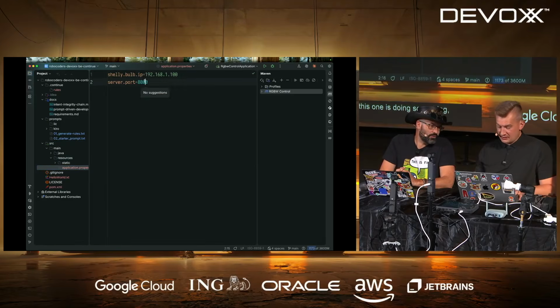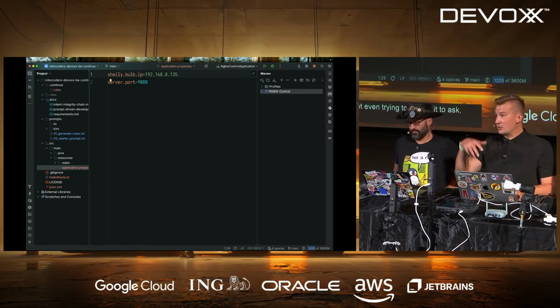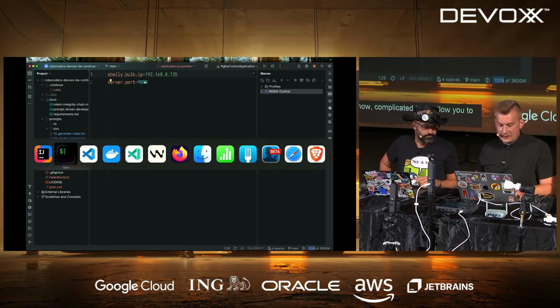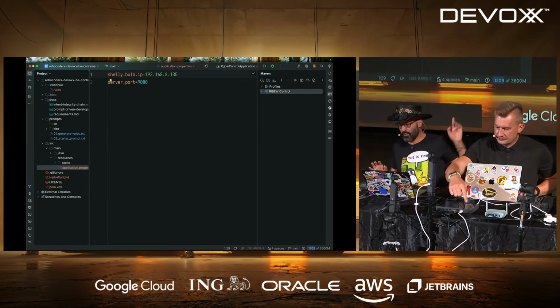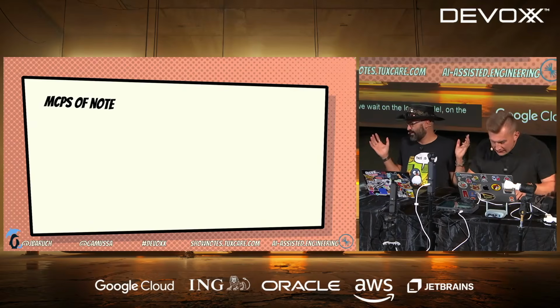Application.properties, it's there. Let me fix this port so it will not be a problem. And I'm not even trying to rely on it to ask. The higher level models and more complicated tools allow you to ask this.